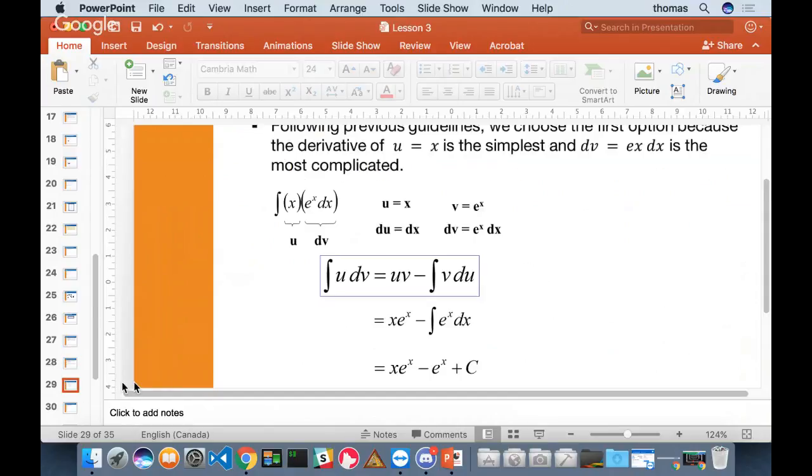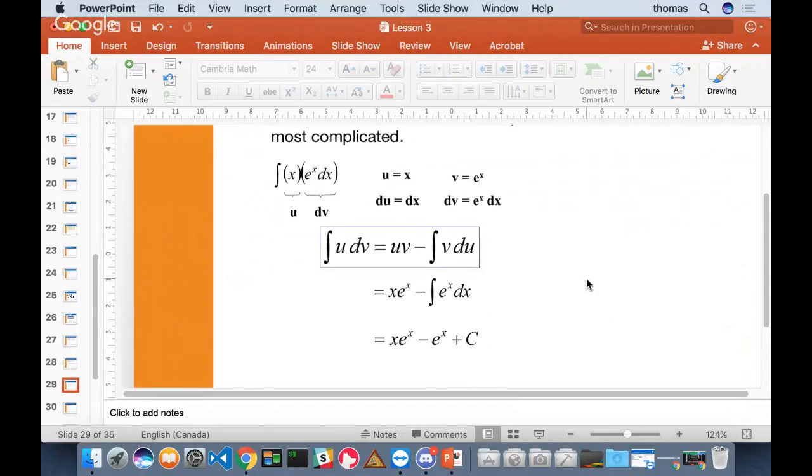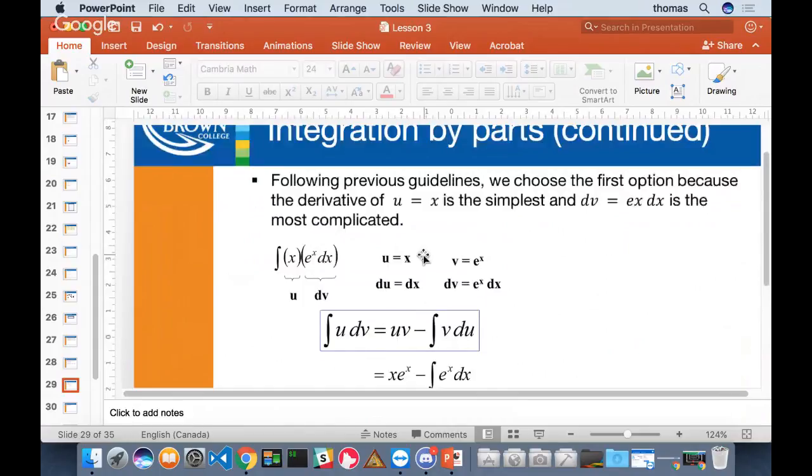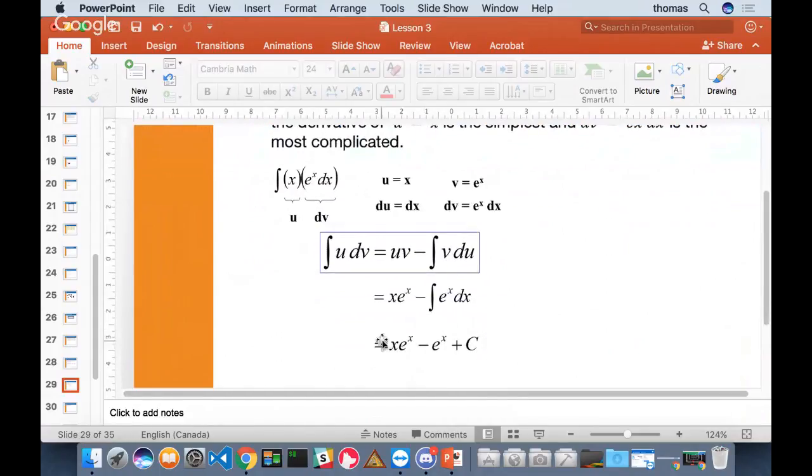I've given you some examples here where I'm starting to figure out that x times e to the x minus e to the x plus c is the answer. And how do I figure that out? Well, I've given you the answer. I'm saying, if we assume that u is x and dv is e to the x dx, and if you plug in these values, then what you're actually figuring out is the antiderivative of u, right, you put this on the other side, is equal to